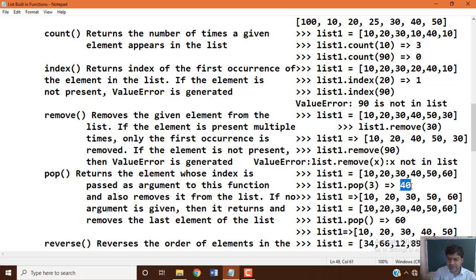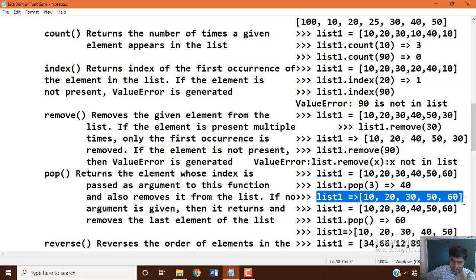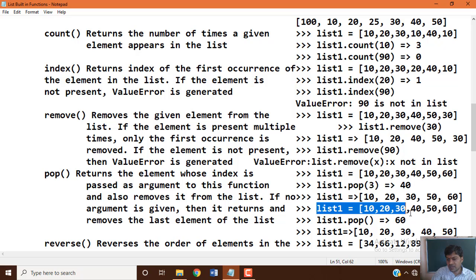After the statement execution, when you print the list 1 variable, you can see the 40 data item is popped out. In the same manner, without passing an argument to the pop built-in function, let's take the same example 10, 20, 30, 40, 50, 60.